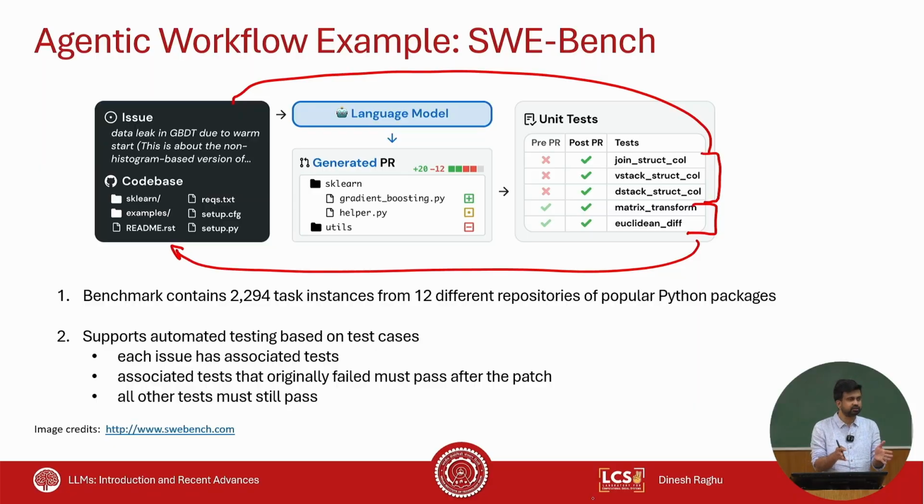So how would you reduce the size of the code base? You probably would pick a subset of it rather than the entire set. That's your solution, right? So how would you pick a subset given that you have the issue at hand? The issue is always provided to you, right? So once you have the issue, how would you select a subset of the code base